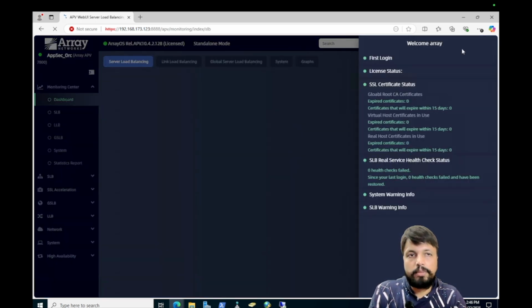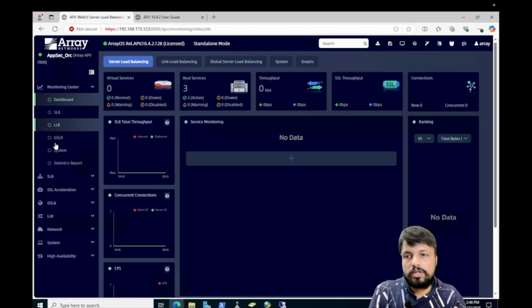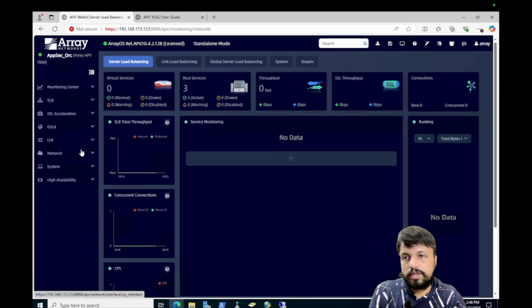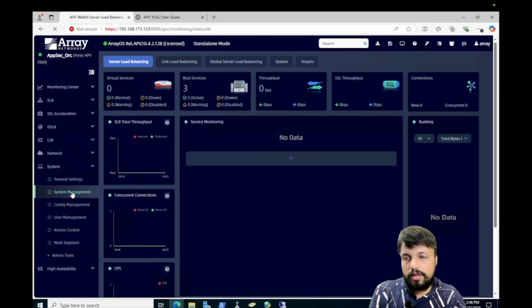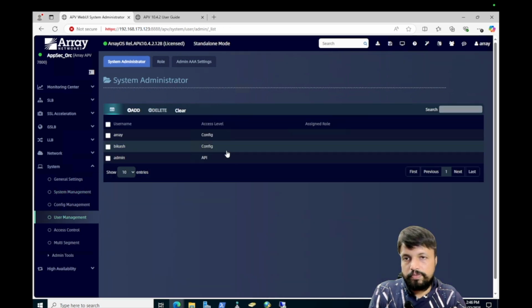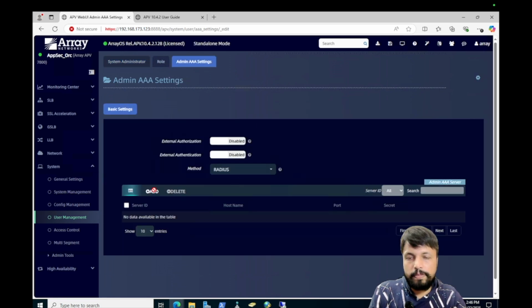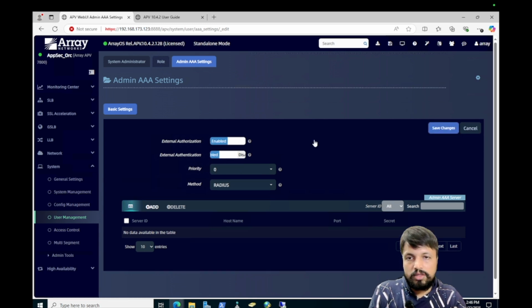So this is actually the APV that I'm using for authentication purpose. If you see here, this APV has configuration settings like user management. Here we have the user array because admin. So I will add one AAA server here. Okay, now enable that, authentication and authorization both. Add one server,